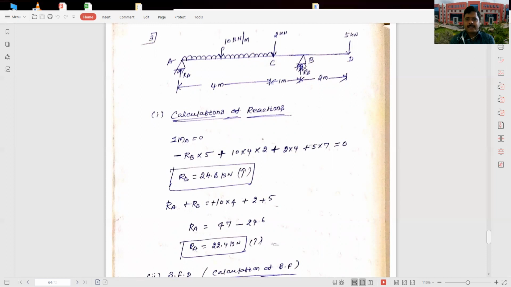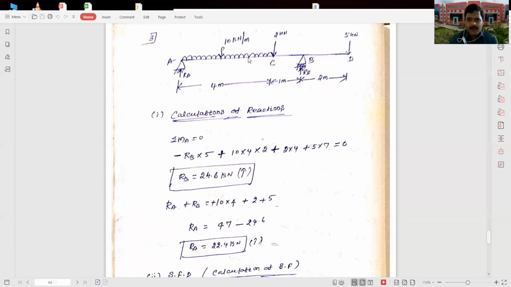So this RB reaction acts about the section AA which you have considered like an anti-clockwise direction. Therefore, the sign is minus RB. So what is moment? RB, load, into distance. RB is acting at point B, where you are taking the section at point A. So the distance from the load at B to the section at A is called the perpendicular distance for the moment. So this is 1 meter plus 4 meter, 5 meter. Therefore, minus RB into 5.